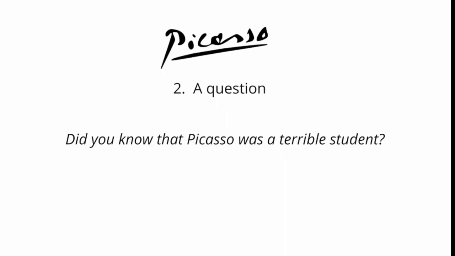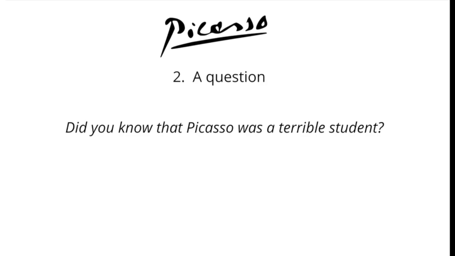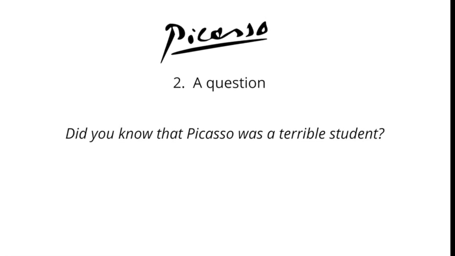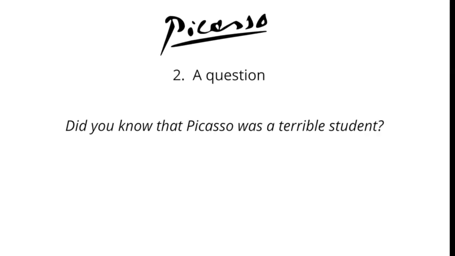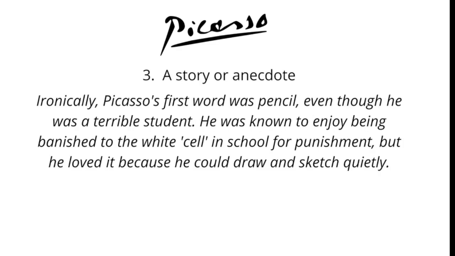We could go with number 2, the option of a question, and say, did you know that Picasso was a terrible student? So this I like to combine a question with an interesting fact sometimes, because the fact that he was a terrible student might tell us something about what we are now going to describe. Maybe we'll talk about his childhood and lead into the different movements of his paintings, and maybe how his background influenced his work in the future. There are so many directions this can take, and it really just depends on what you have decided.